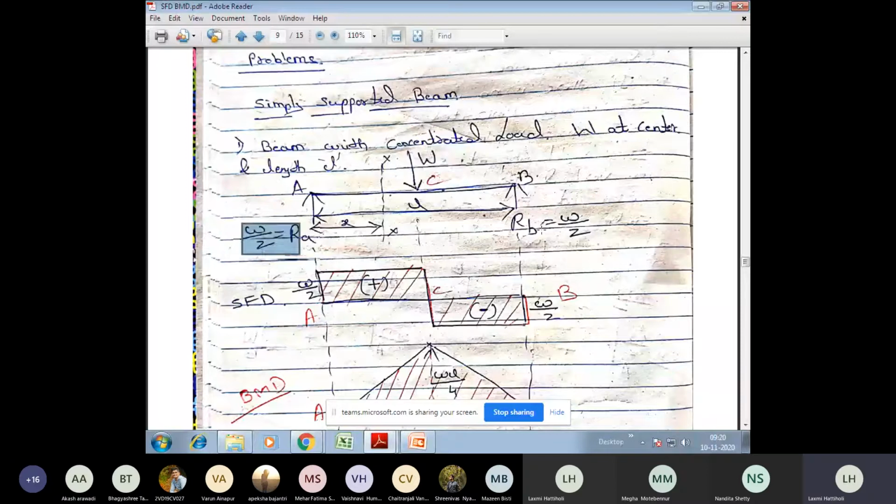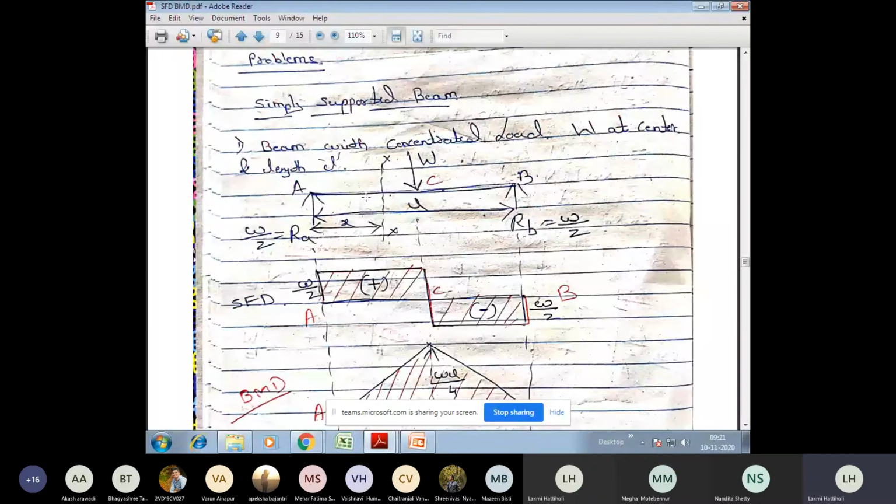Now we have learned this in the previous class. And if you remember, we had also finished the shear force diagram, right? What is the shear force at A, shear force at B, C, A, B, and C. And depending on that, we have drawn this diagram as well. Have you understood this diagram which we have discussed in yesterday's class?